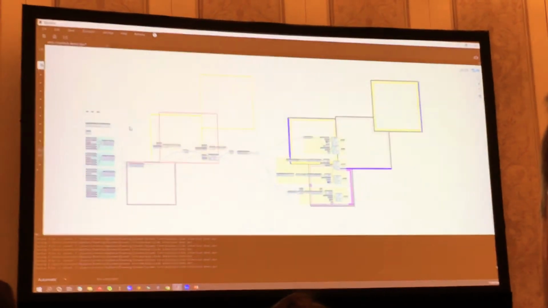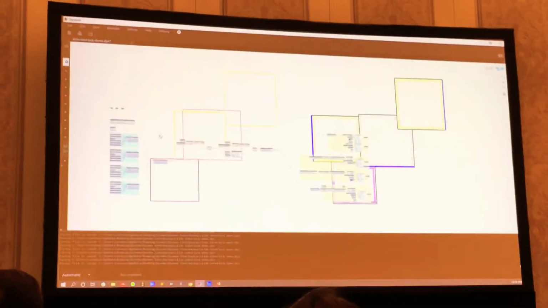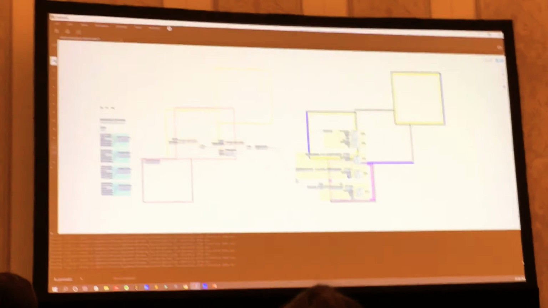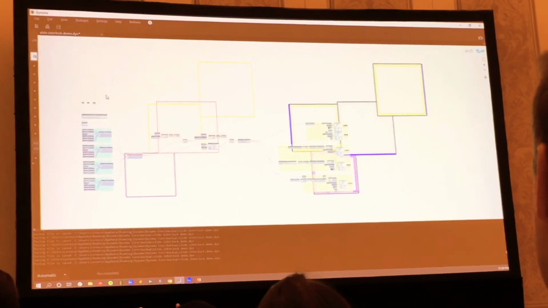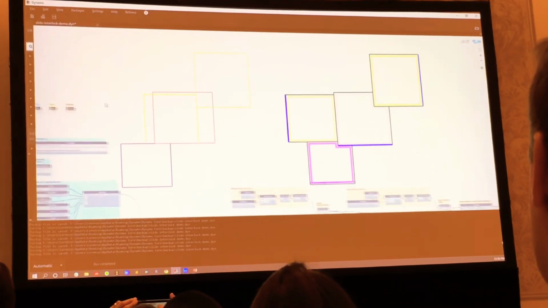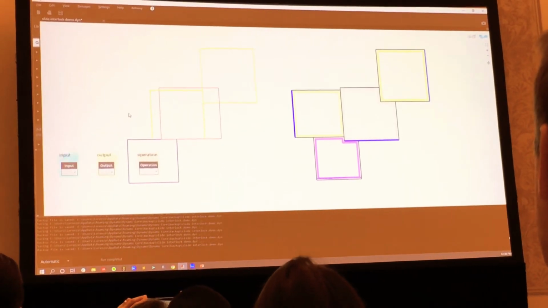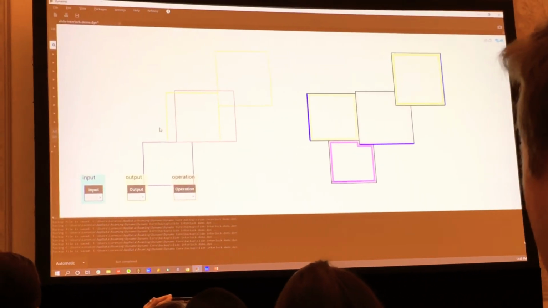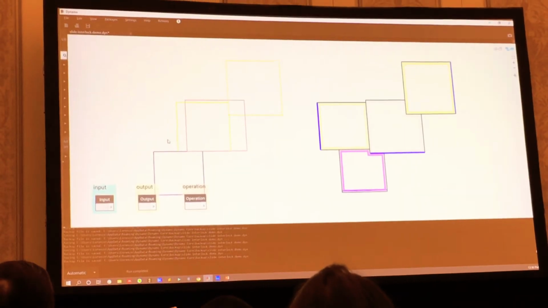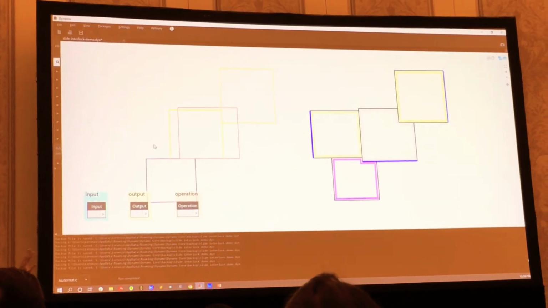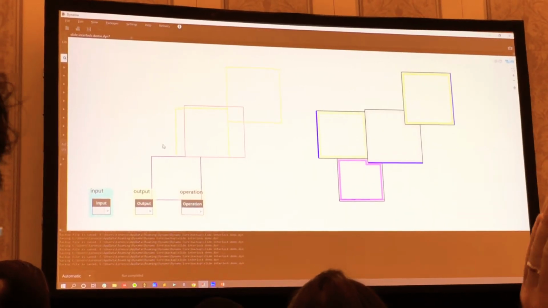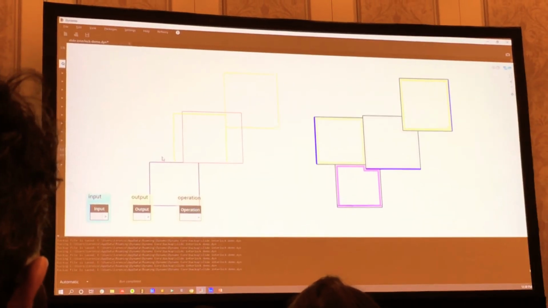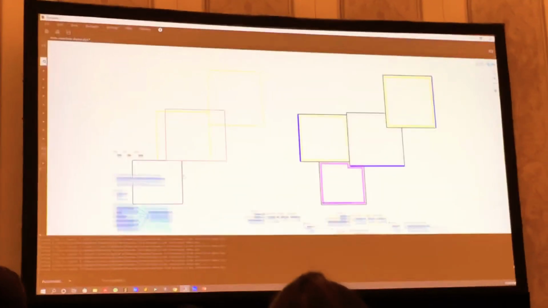Of keeping the graph in order, minimizing overlapping wires that connect different nodes. So I highly recommend being clean and tidy. These are the different types of nodes. We have inputs in cyan, outputs in yellowish, and operations, so the different types of utility or geometry algorithms, in orange. So starting from the very left,